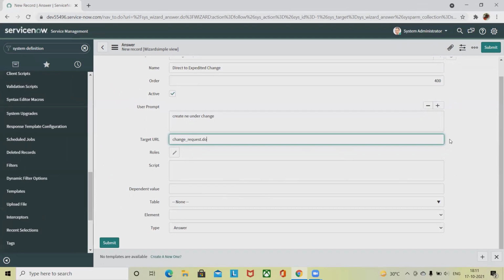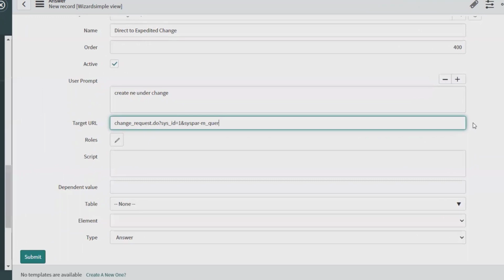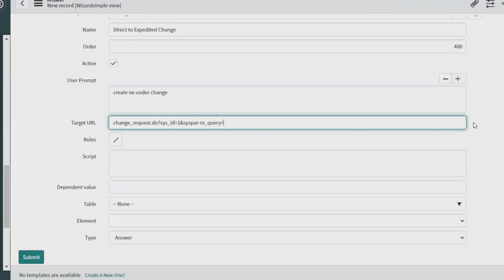change_request.do?sys_id=1, then ampersand, sysparm_query equal to type equal to expedited, which is the name of our change request type.